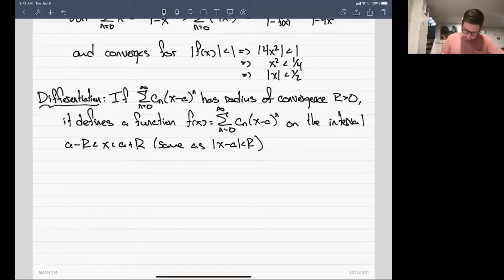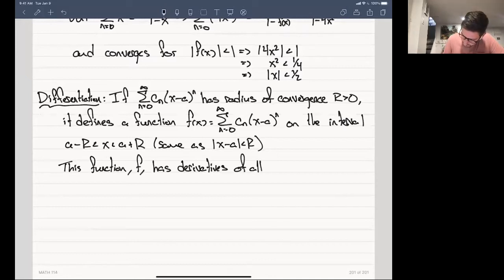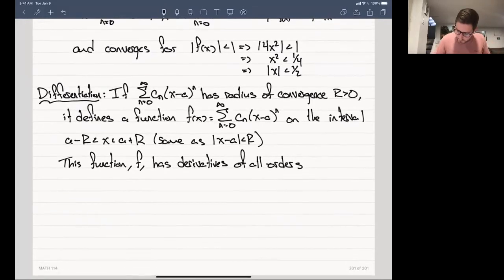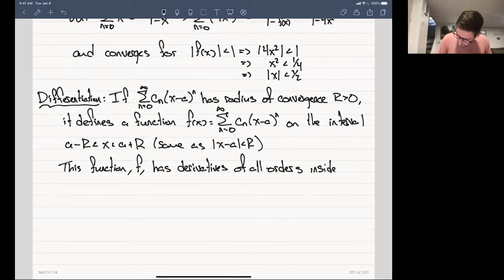So this function f has derivatives of all orders inside the interval. And we obtain the derivatives, or the derivatives are given by